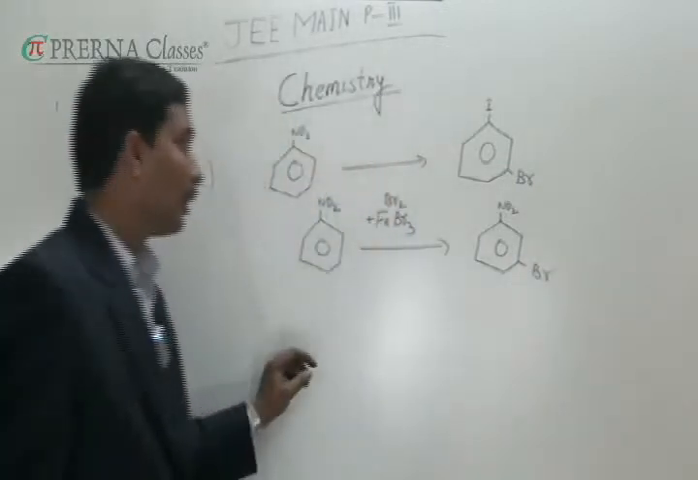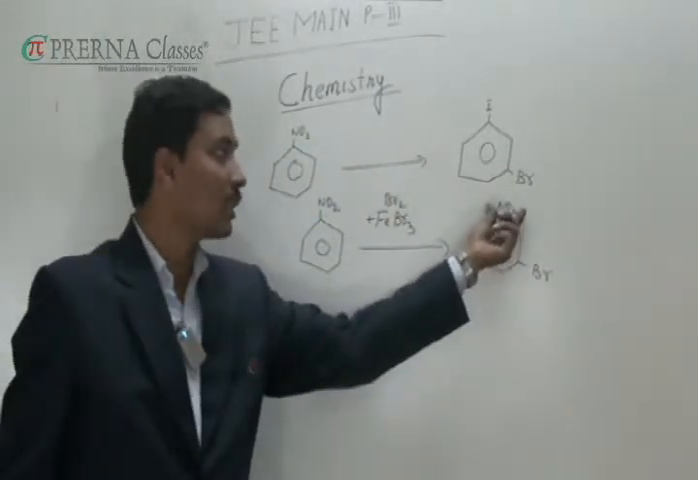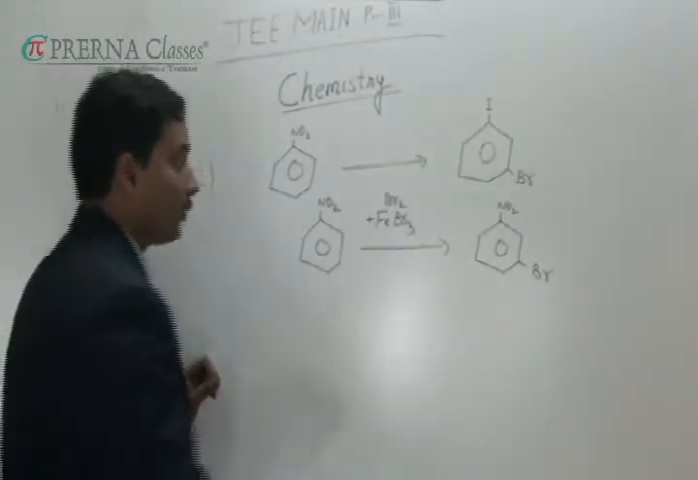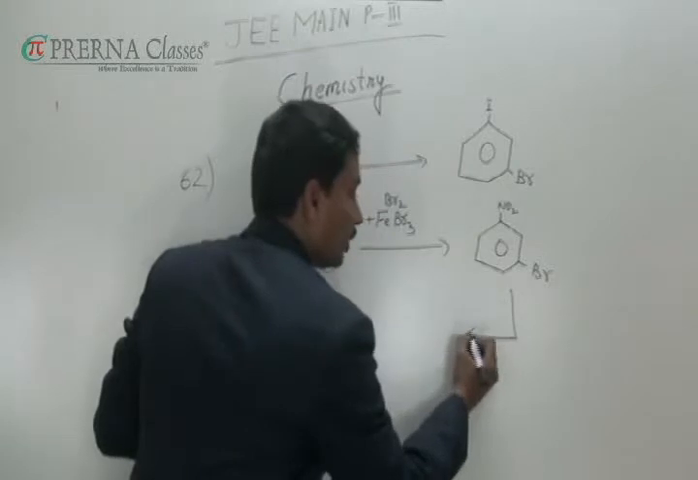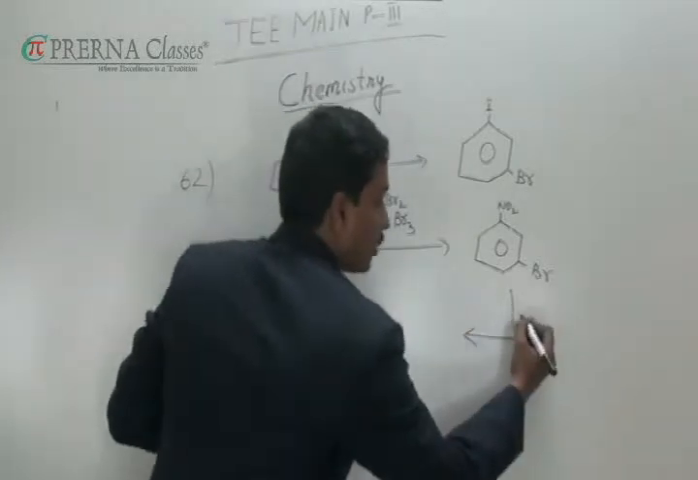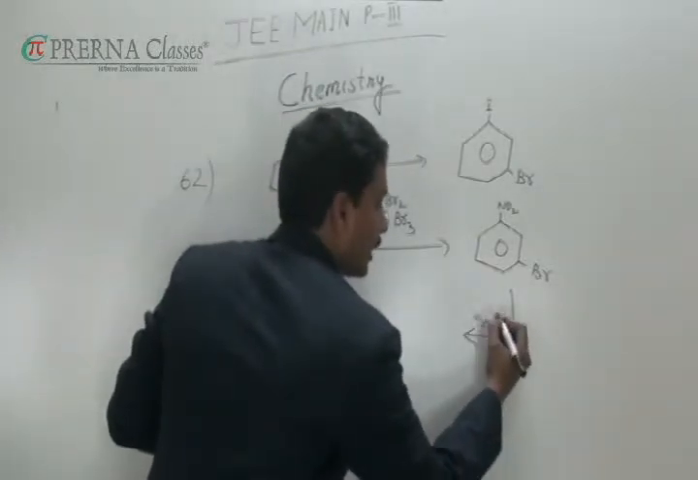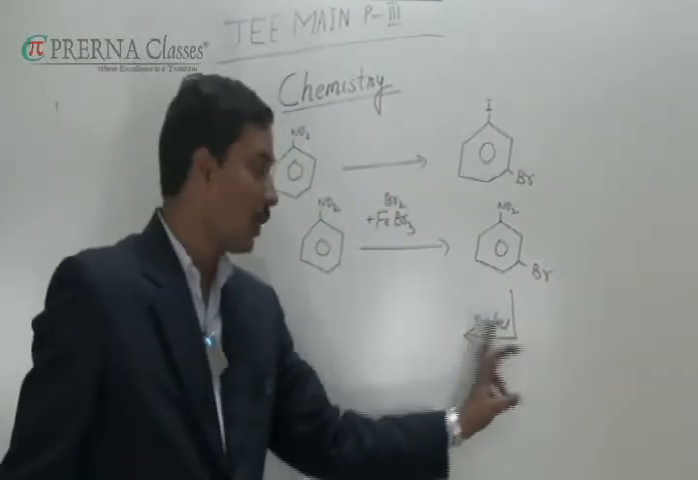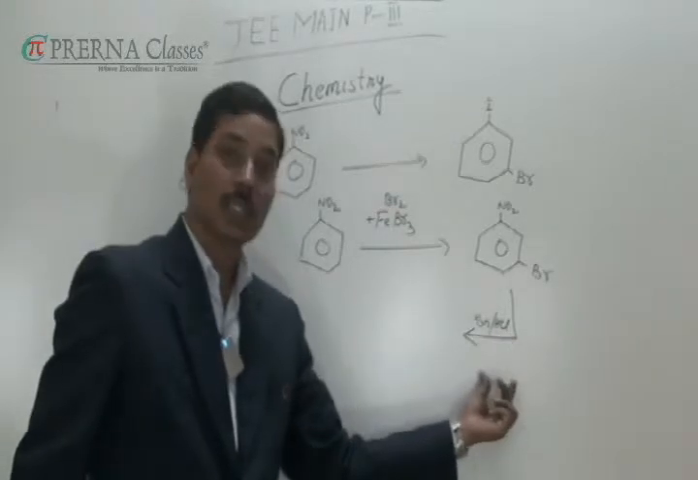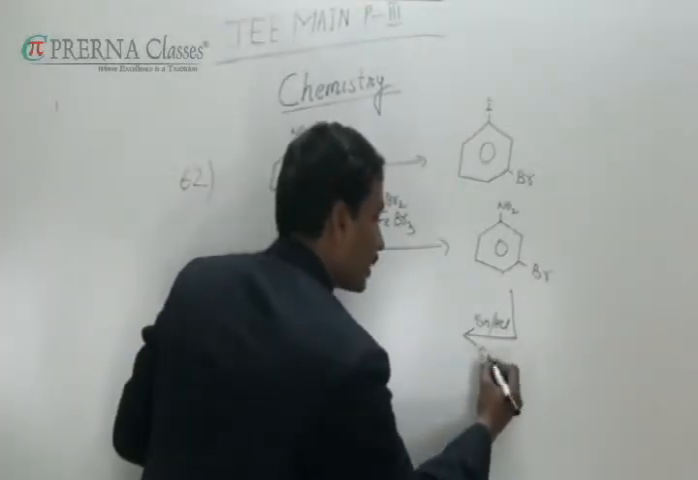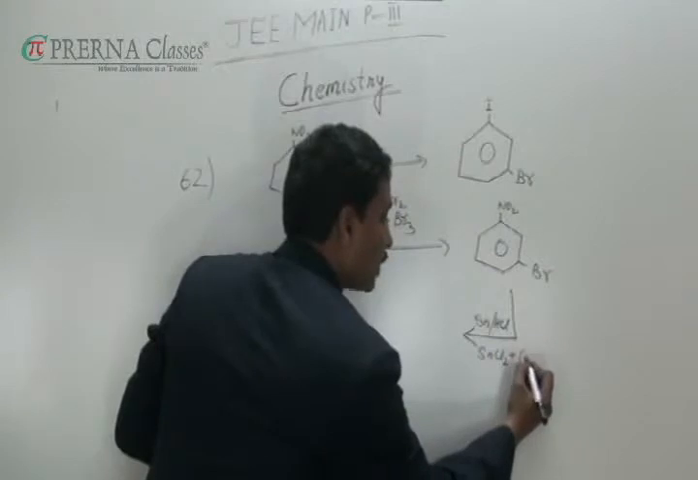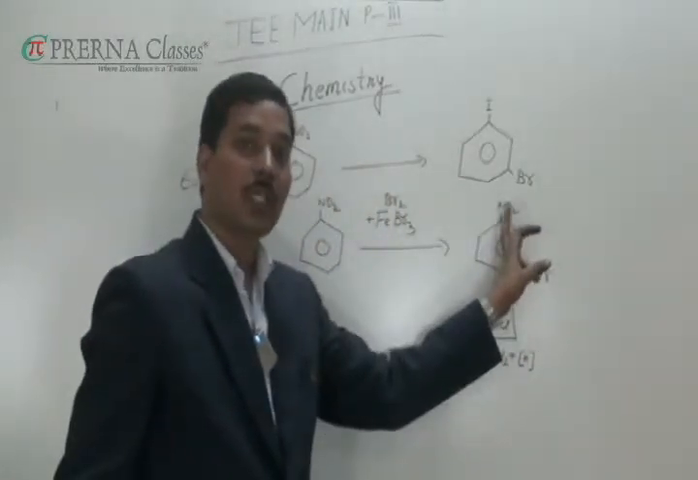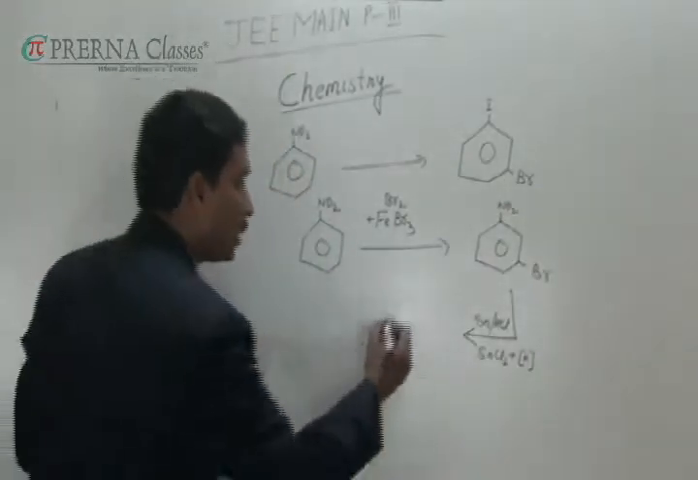Br. Then again, now we have to convert this NO2 group into NH2. For that we have to reduce this nitro group into NH2 group. So we can use the reagent Sn in presence of HCl. That means Sn will react with chlorine to form SnCl2 and it will liberate nascent hydrogen. This nascent hydrogen will reduce nitro group into NH2 group and it is converted into